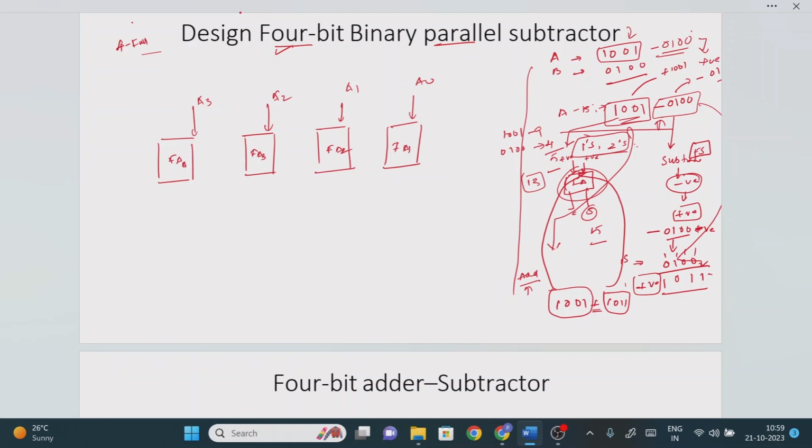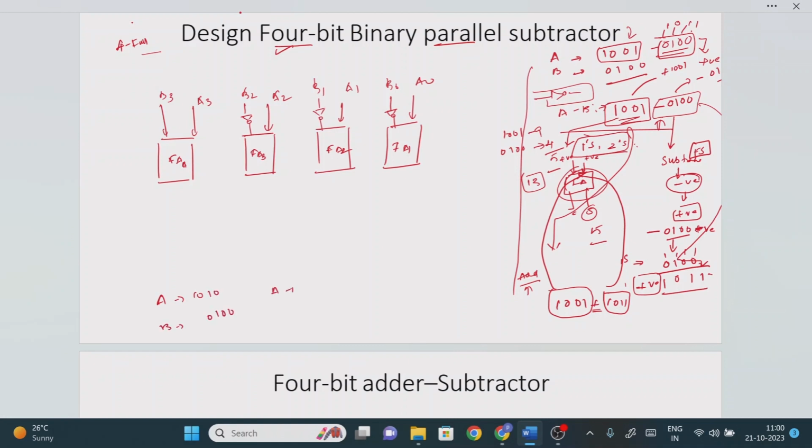So for example, the easiest way is that we will perform the 1's complement method. 1's complement method means what? This number will become 1011, something like this, right? It means that it is exactly performing the NOT logic gate operation. So 0 to 1, 1 to 0, 0 to 1, 1 to 0. So when our B bit is coming, the B bit value should go through the inverting operation. Let me explain once this is completed. So B2, B3, right? Suppose for example you consider the A bit value 1010, and the B bit value is 0100, right?